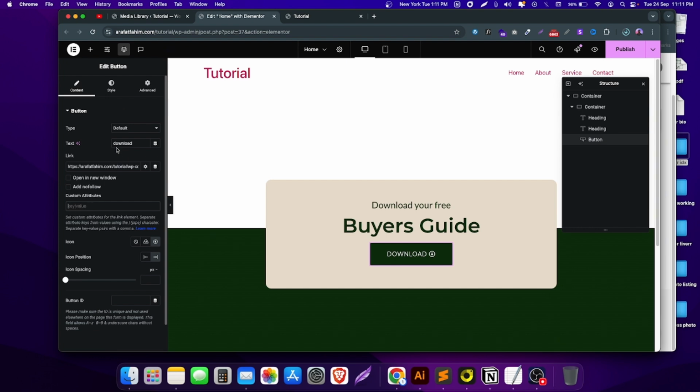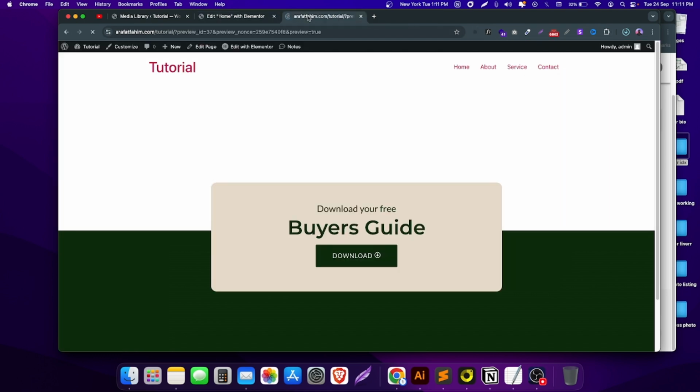place the value. So at first you need to place download, this is the key, then vertical bar, then place your file name. Then I will just click this publish